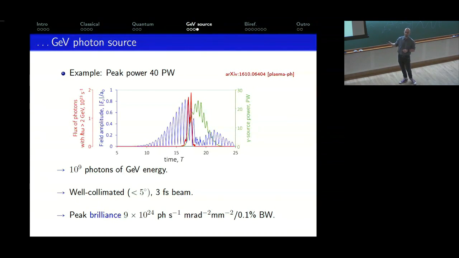So I think the message I want to take away from this part of the talk is that these quantum effects, like cascades, pair production, high energy beam depletion and back reaction effects are not just there as a hindrance, but you can, in some sense, exploit them. You can use them in applications.